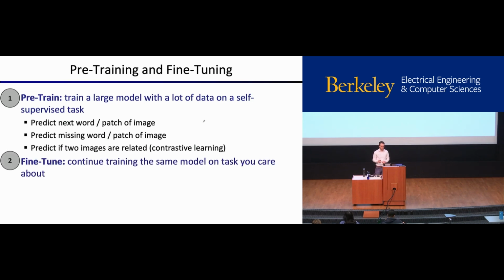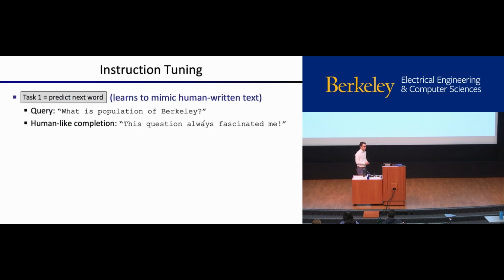Step 2, fine-tune. Continue training that same model to do the thing that you really care about. In the case of text, this is called instruction tuning. So task 1 is we build this model that's going to just learn to mimic human written text. It reads the entire internet, and then it tries to predict the next word in a sequence for lots and lots of sequences. So if we ask it, what's the population of Berkeley, it might complete that human input with,